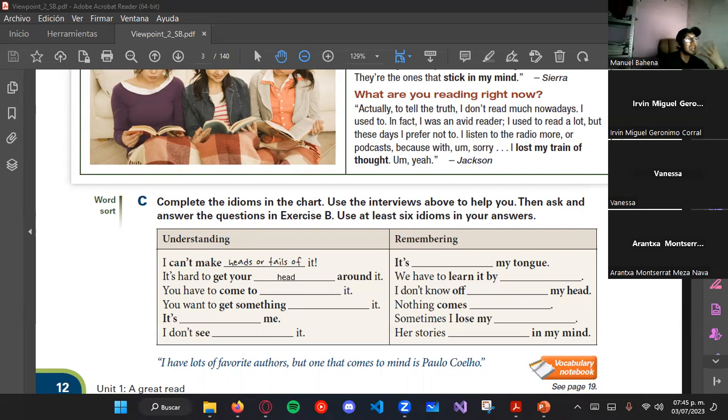Just like that, Aranza. Es difícil de entenderlo. It's hard to get your head around it. Es como que es difícil de entender, es difícil captar esto. Es difícil entenderlo. Por eso está aquí in this column, understanding, en la parte de entender, de entendimiento. Okay? Perfect. Number 3, it says, you have to come to